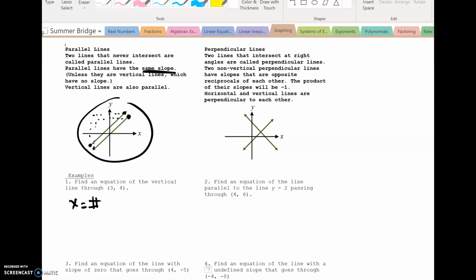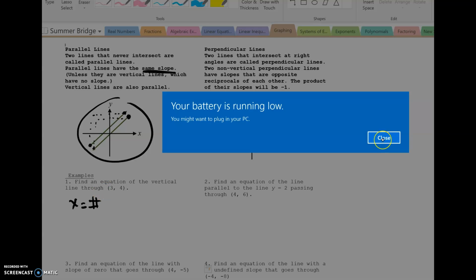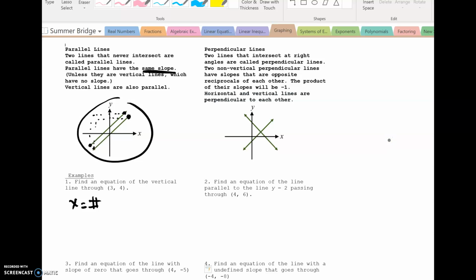Okay, the first is going to be find the equation of the vertical line that goes through the point 3, 4. So first things first, a vertical line always has the same equation, which is going to be x equals a number. Therefore, when we take a look at the point 3, 4, that means we need to make sure that it goes through x value 3, which means that the equation for this line is going to be x is equal to 3, and that is going to ensure that it goes through 3, 4,